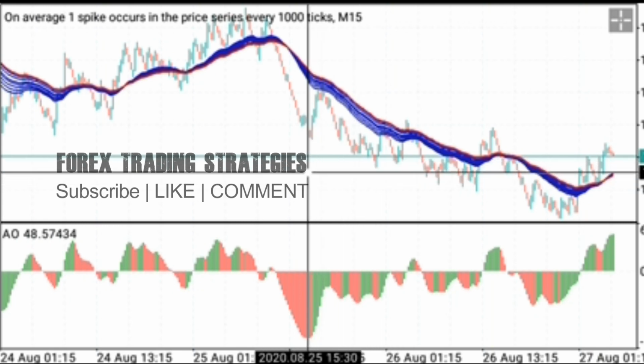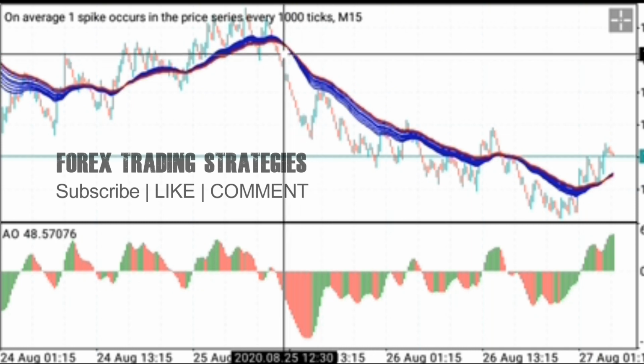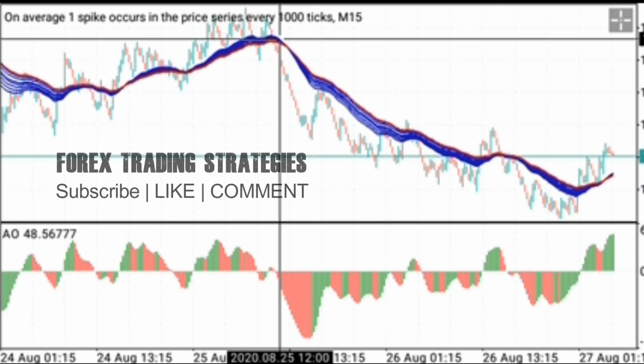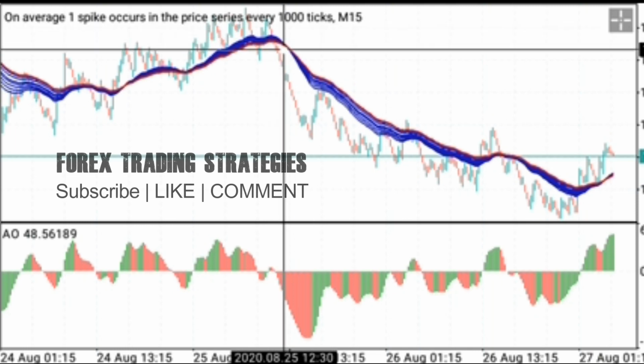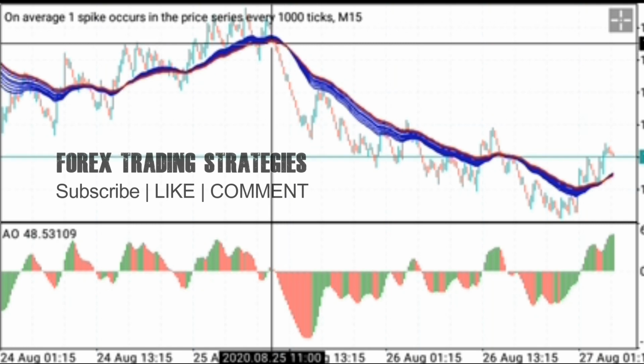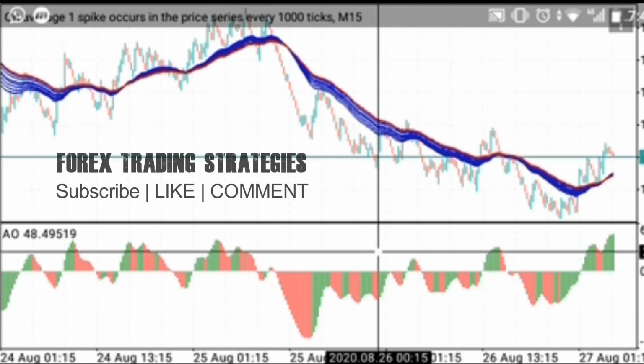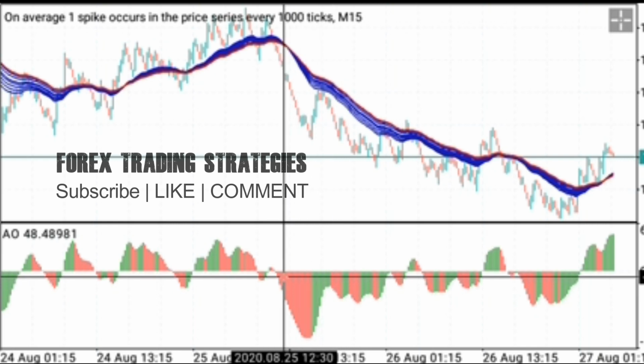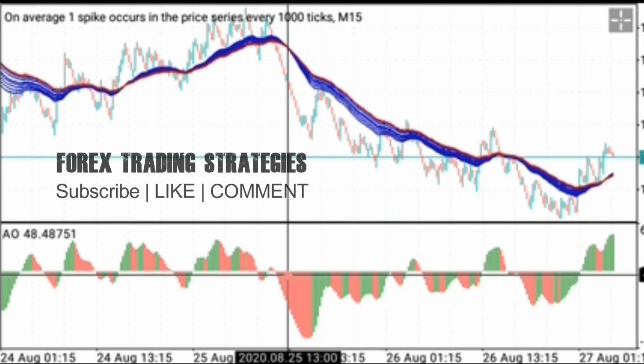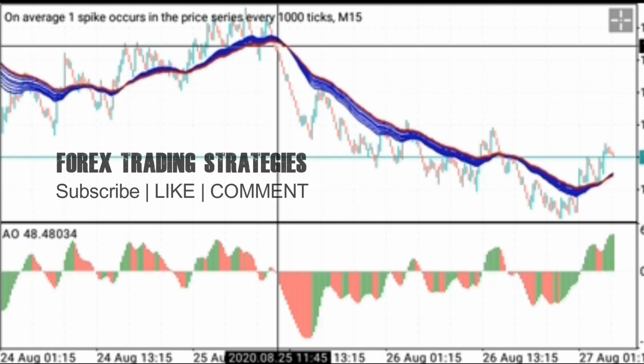Okay, so as you can see, look at what we have here. We have price dropping below our rainbow indicator. Price has dropped below our rainbow indicator, and if you look down, what happened? The AO turned red and quickly went below this median zone. So we are anticipating bearish momentum, and you take a sell,